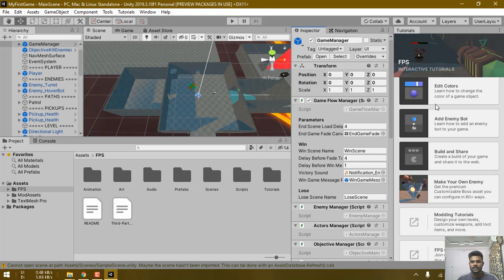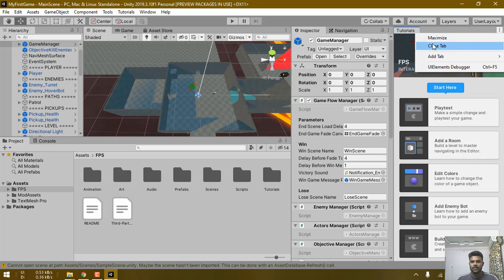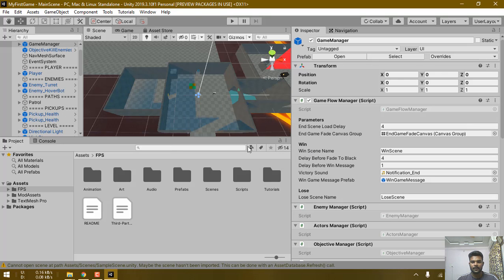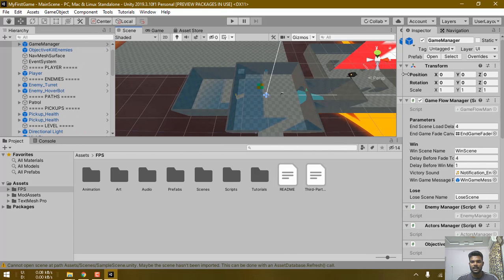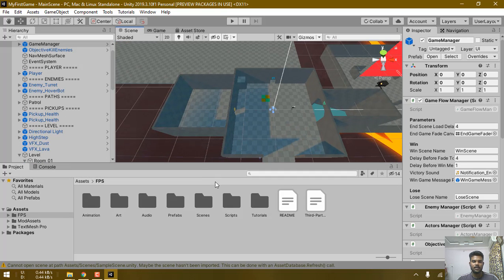This appears mostly only the first time. When you first open Unity, in this tab you can see the tutorials. You can just close it by pressing close tab. You can see it is closed. So this inspector tab is the mostly used tab you will be using in your day-to-day life of Unity.